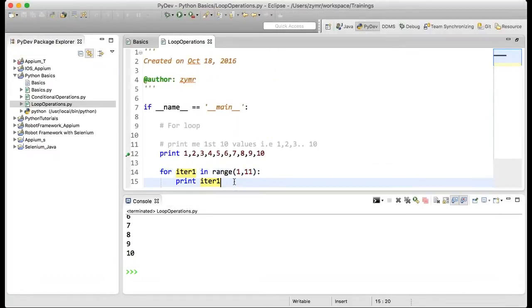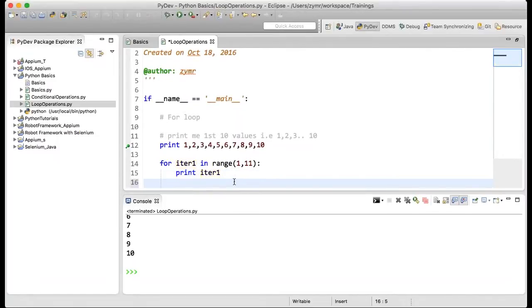Now there are many other ways with which we can work in the for loop. For example, we will come to lists and dictionaries maybe in the next session tomorrow, and try to understand the different data structures and how to loop in those data structures. So we are stopping for today here, and now I'm open for questions.